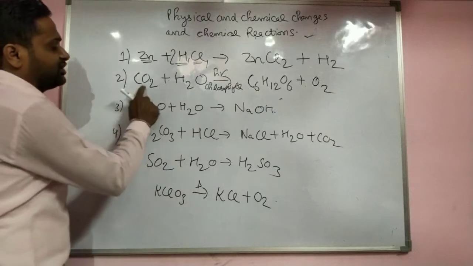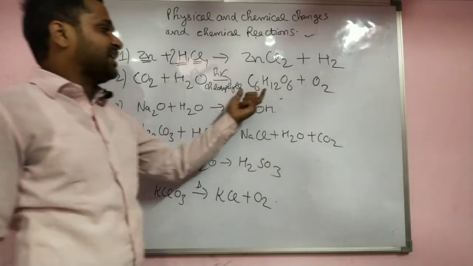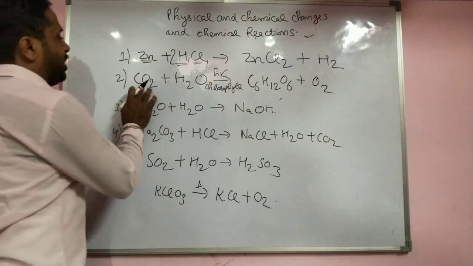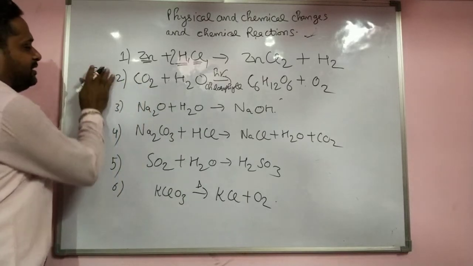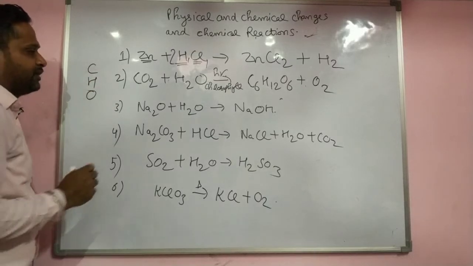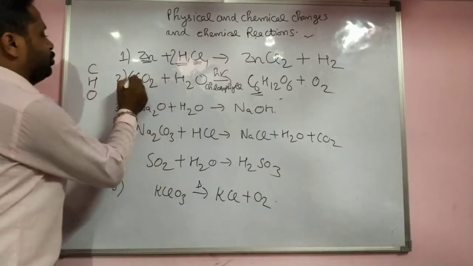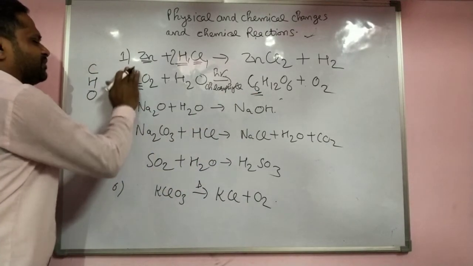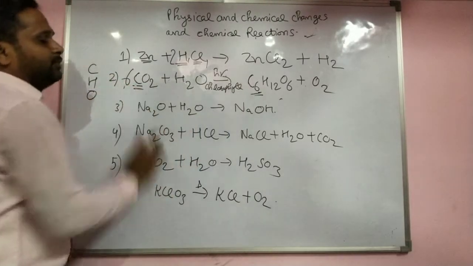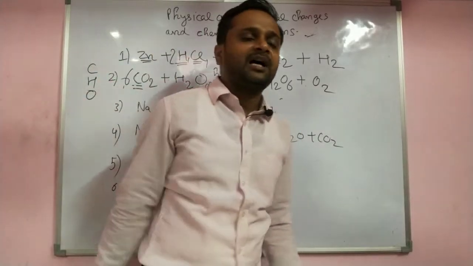This is the photosynthesis reaction. When CO2 reacts with water, it gives glucose and oxygen gas. So first of all, see how many elements are there. One is carbon, one is hydrogen and one is oxygen. First of all, balance the carbon. Carbon is 1 here. Here carbon is 6. You should multiply with 6. Here 6, balanced. Now count the oxygen and hydrogen; you have to balance them at last.